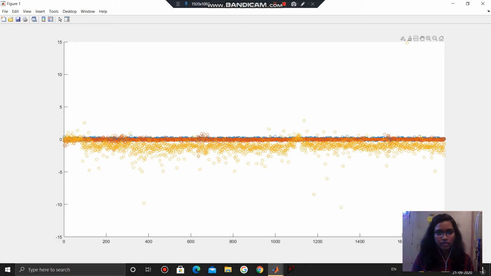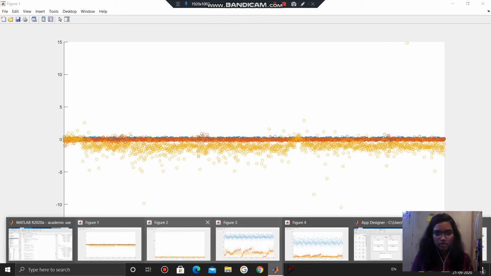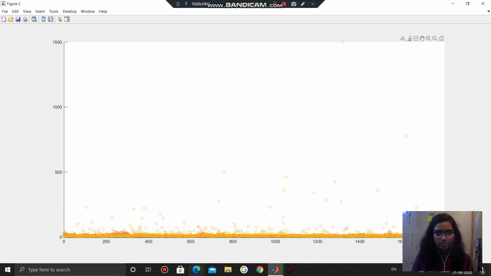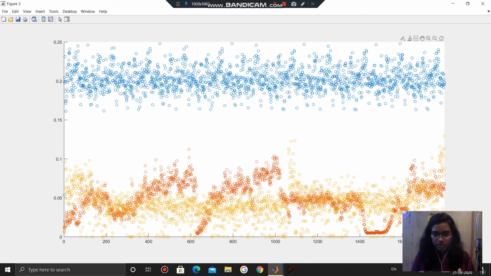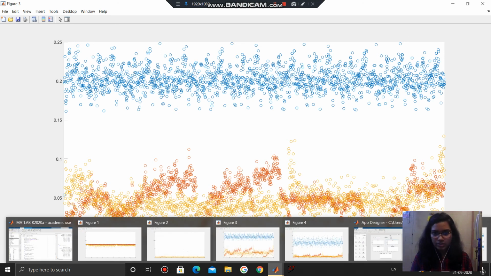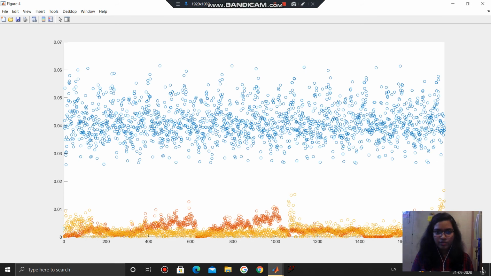This is my first figure. It shows the skewness. As you can see, the skewness of all three signals is kind of overlapping. The blue color is my fan signal, the orange color is my train signal, and the green or yellow color is my speech signal. This is my kurtosis. This is my mean, which is pretty scattered, which is a good thing. What I can say is I can rely more on the measurements, like the accuracy given by my standard deviation. And this is my variance.